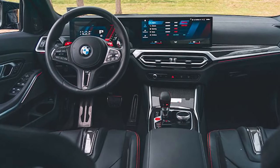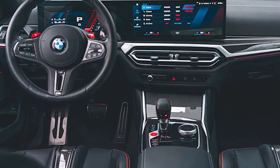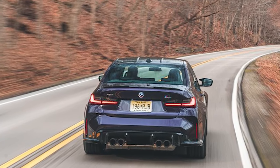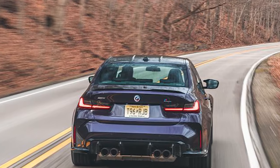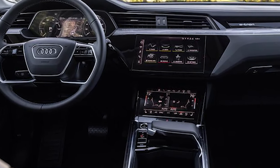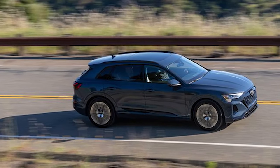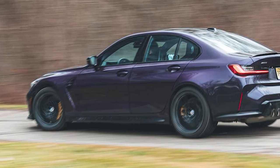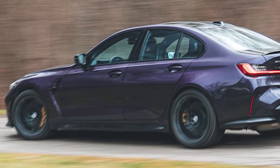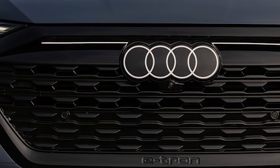It gets a bit more flair for 2024 with both a redesigned grille and headlights that highlight its slightly wider body. The styling changes also reduce drag, achieved through new wheel designs, shutters in the nose that can open for cooling and close for smooth sailing, and bodywork around the wheel wells that channels the wind. The wind cheating helps the 2024 Q8 e-tron get better range than the 2023 e-tron, an EPA estimated 285 miles